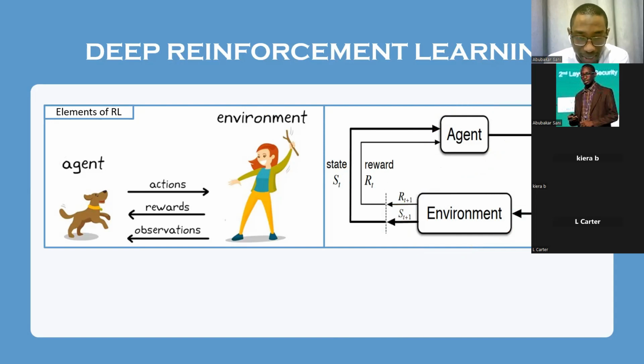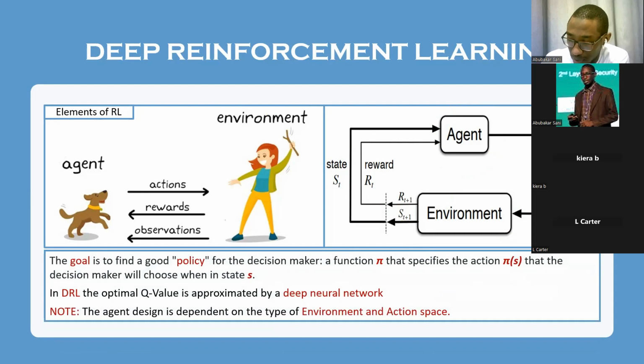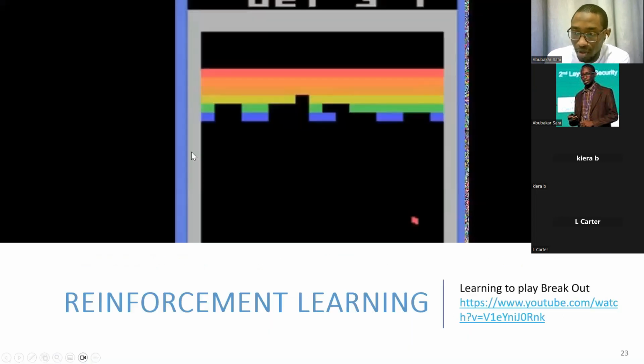Okay, we will see how this applies in the application that we are working on, that is finance. All right, and as I said, our objective is to get a good policy, and the policy is like the map between what we are observing and what we are supposed to do. So when our brain of this is a neural network, we call this deep reinforcement learning. And this is a short video of the first implementation of deep reinforcement learning.